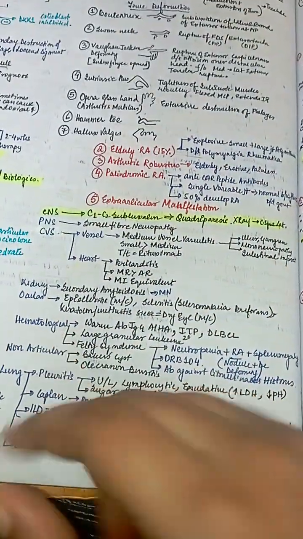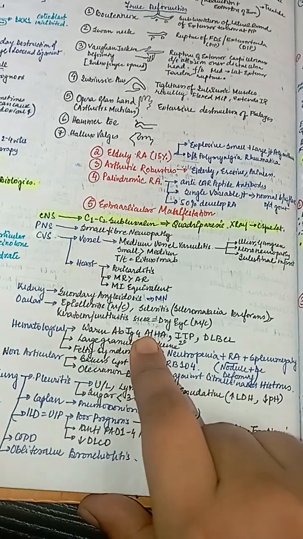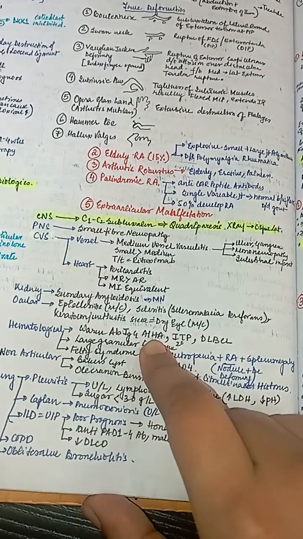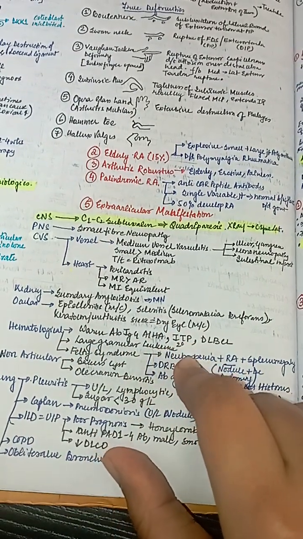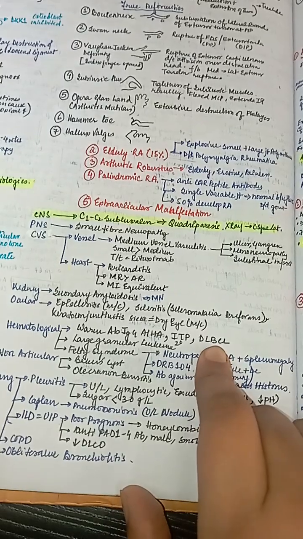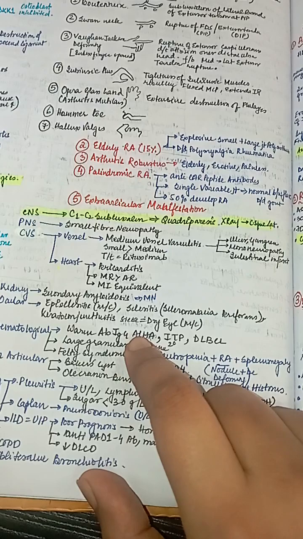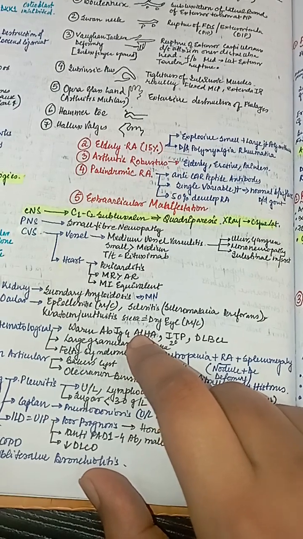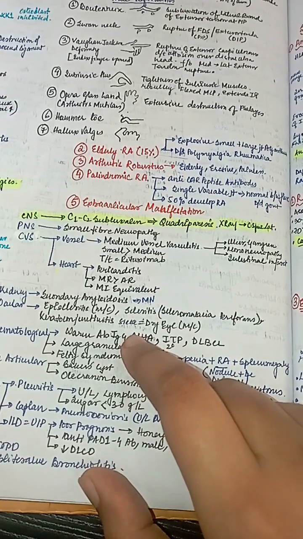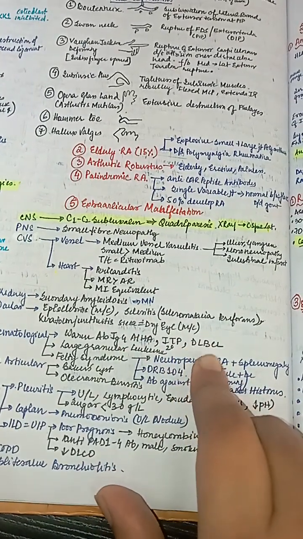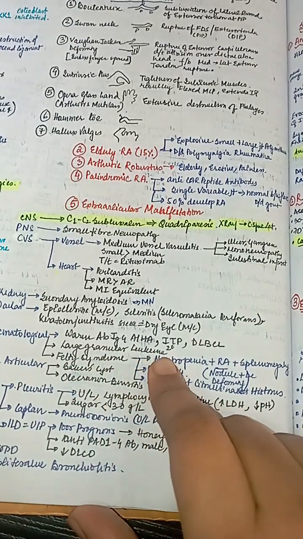Hematological changes: autoimmune hemolytic anemia can be caused, with warm antibody against IgG, secondary ITP and DLBCL. Large granular leukemia,